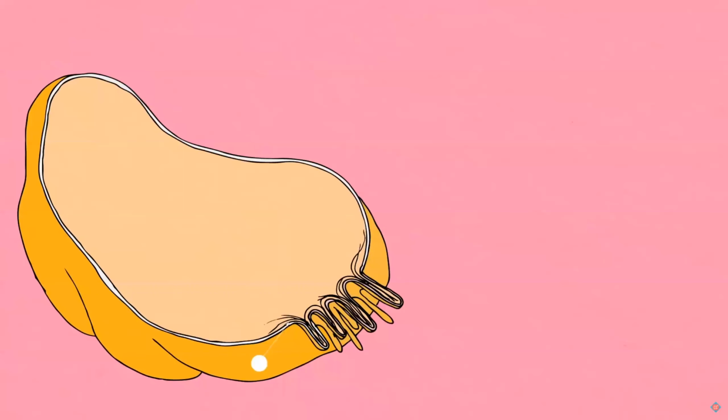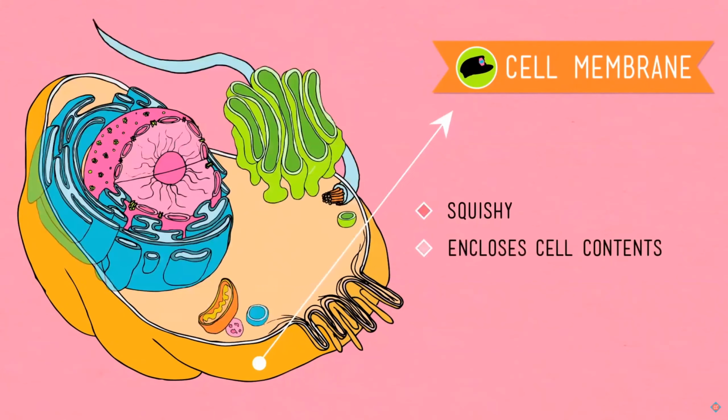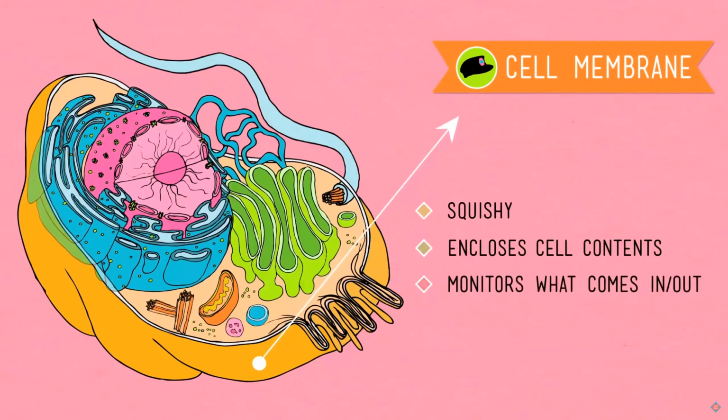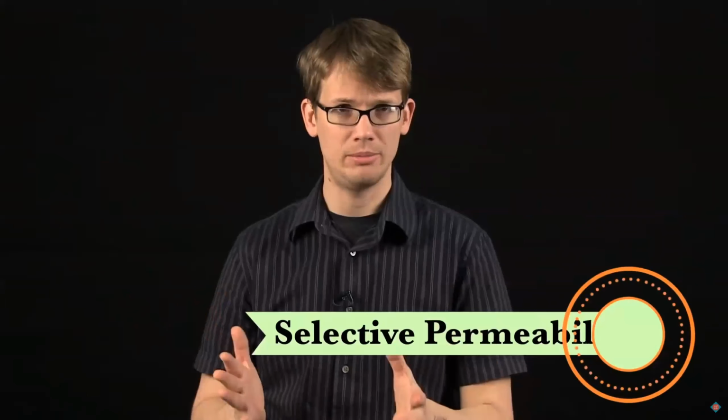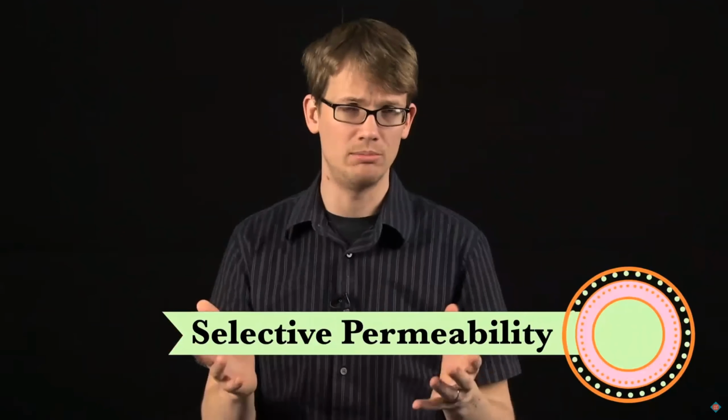If you make it past the cilia, you will encounter what is called a cell membrane, which is a kind of squishy, not rigid, plant cell wall, which totally encloses the city and all of its contents. It's also in charge of monitoring what comes in and out of the cell, kind of like the fascist border police. The cell membrane has selective permeability, meaning that it can choose what molecules come in and out of the cell for the most part. And I did an entire video on this, which you can check out right here.